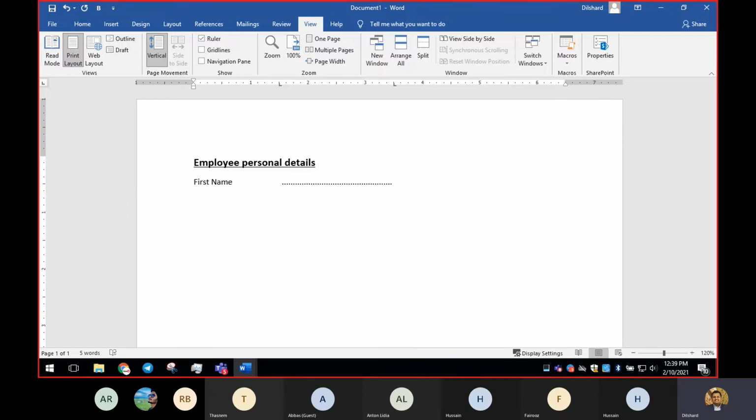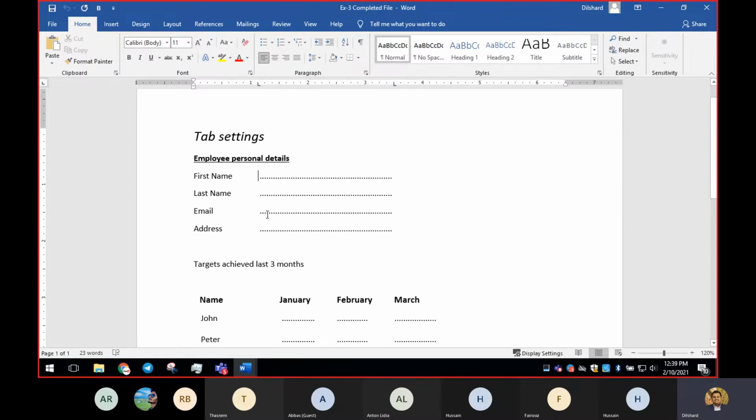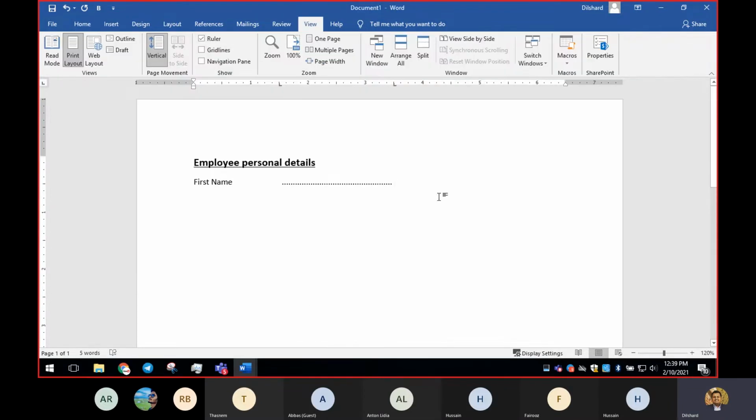Now, how can we access row number 2 without using enter? Better to use tab until we complete the first set, right? So tab again. The cursor will come somewhere here. Keep on pressing tab again. So it's going somewhere here, and after some time we will see the cursor in the proper place.